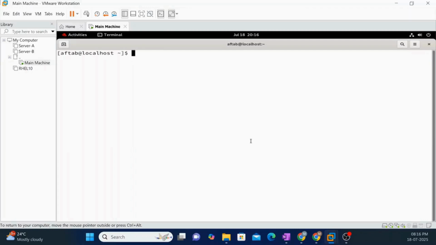In today's video, I'll show you how to customize your RHEL terminal by changing the PS1 prompt and adding colors. This not only makes your terminal look cool, but also helps you be more productive and organized while working. The PS1 variable in Linux stands for prompt string 1. It defines how your command prompt looks. By editing this, you can display useful information like username, host name, time, current directory, and even apply colors to